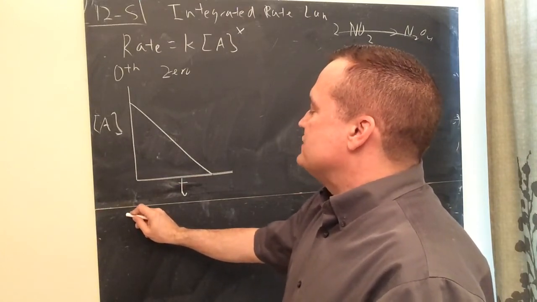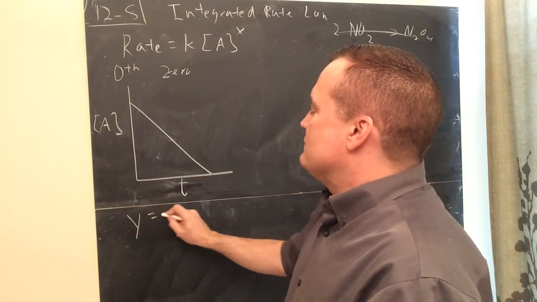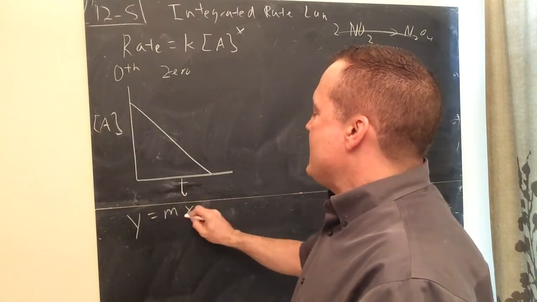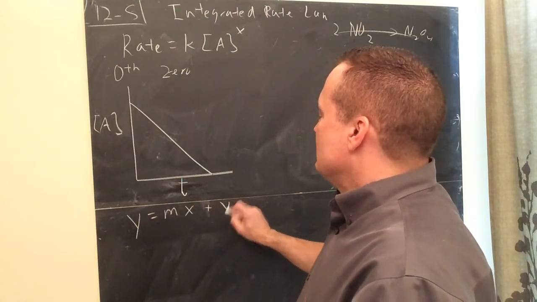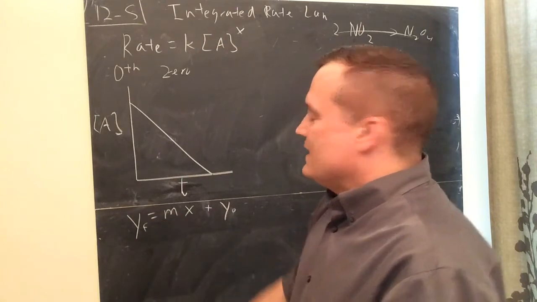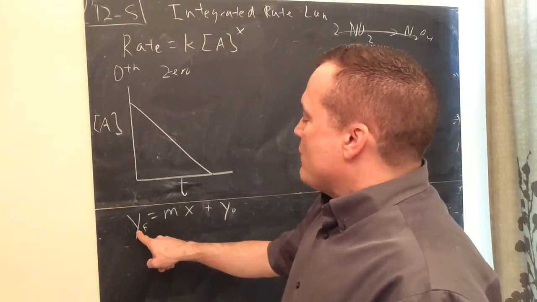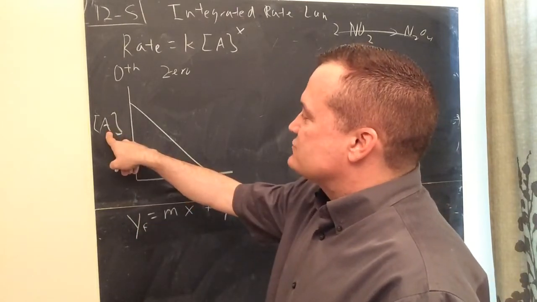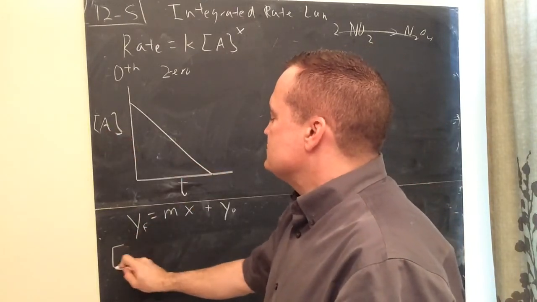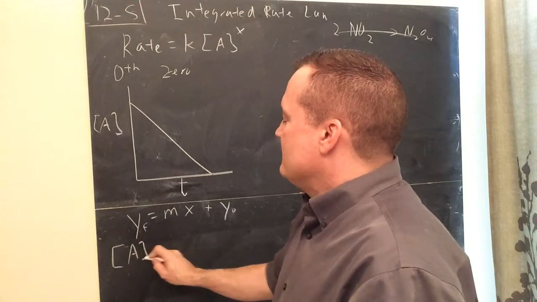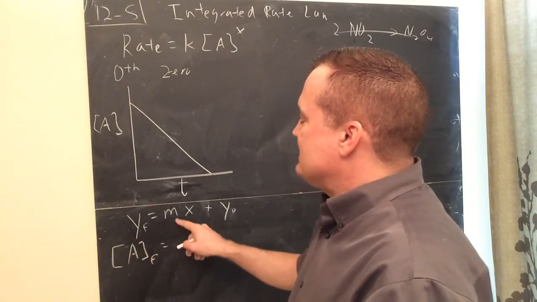I'm going to make an equation here. y equals mx plus y o, or y final. Now, what exactly is y final? Let's think about this for a minute. Okay, well, what is y? y is the concentration of A. So the concentration of A, the final concentration of A, is equal to